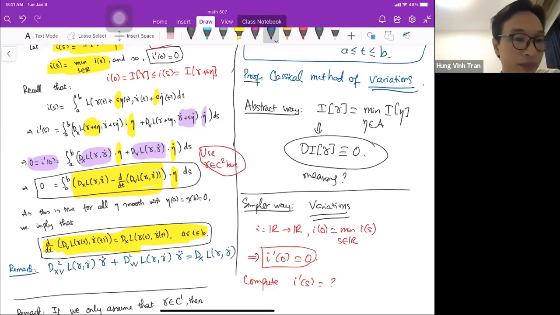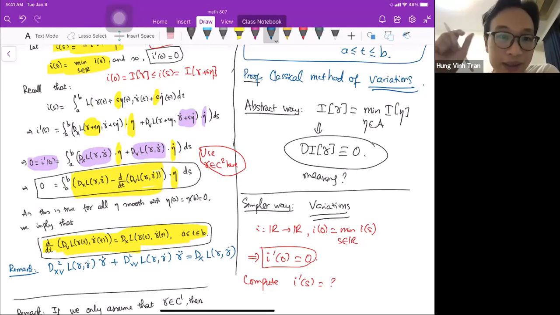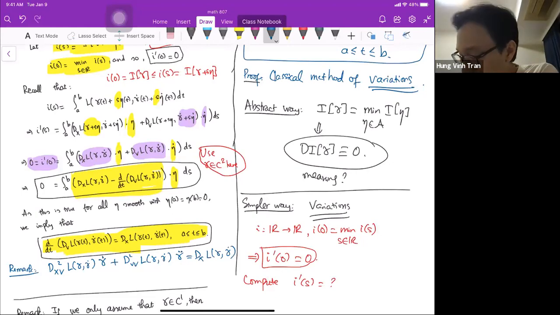And remember that d squared L is invertible, because that's the assumption we put. So from here, you can actually write down gamma double dot equals d squared_vv